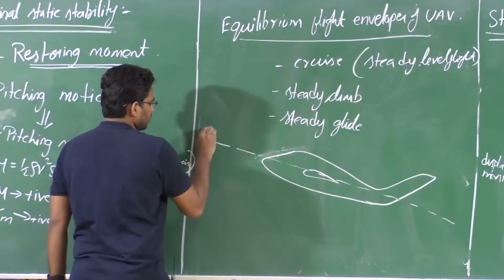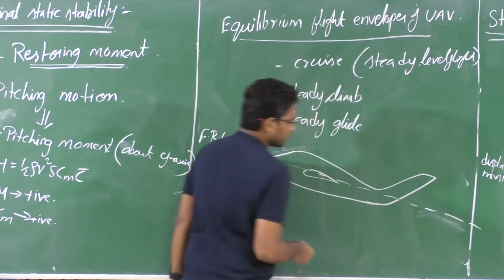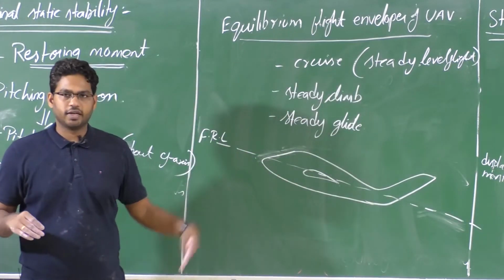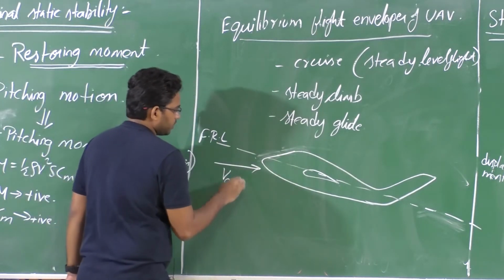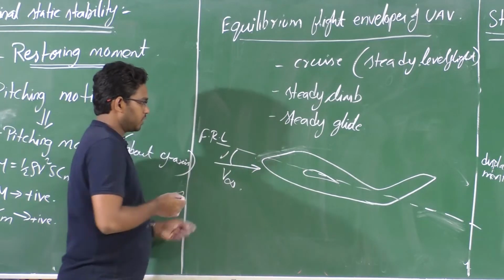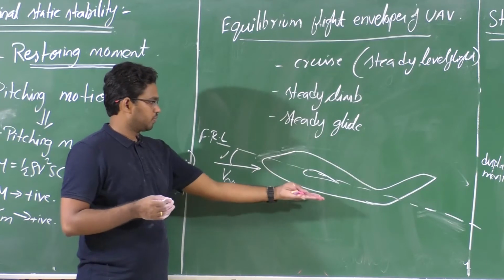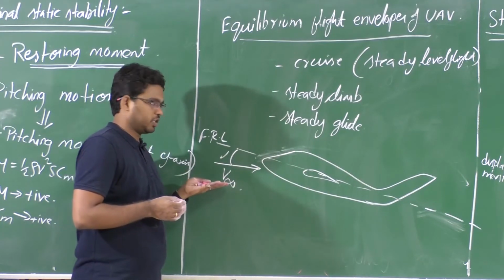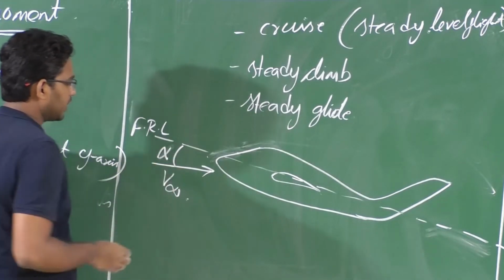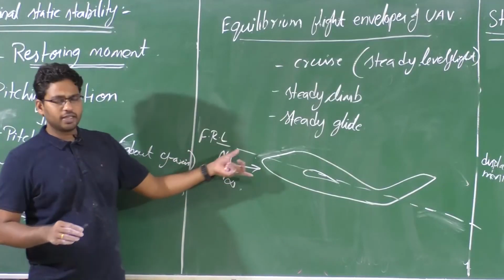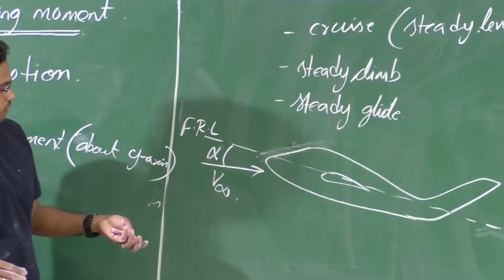This is our FRL, the fuselage reference line. Again, this is a reference axis with which all the components are mounted, and it's an imaginary axis, right? And we have V infinity, which means the flow is moving at a speed V infinity towards the aircraft, which means the aircraft is moving at a speed V infinity into static air, right? And this flow is making an angle. So this aircraft is maintaining an orientation alpha with respect to V infinity, called the angle of attack alpha, right?